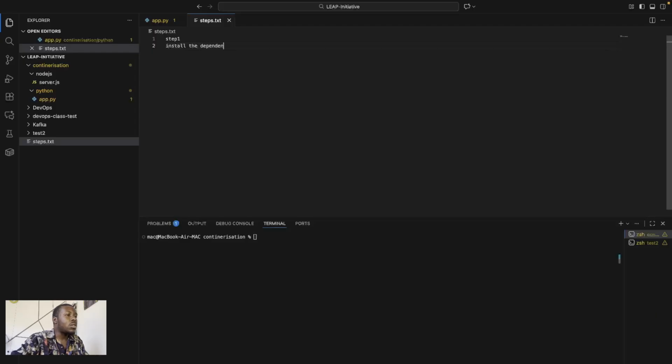Now what I'm trying to do is to run the script locally on my computer. So what are the steps that we followed to run it locally?